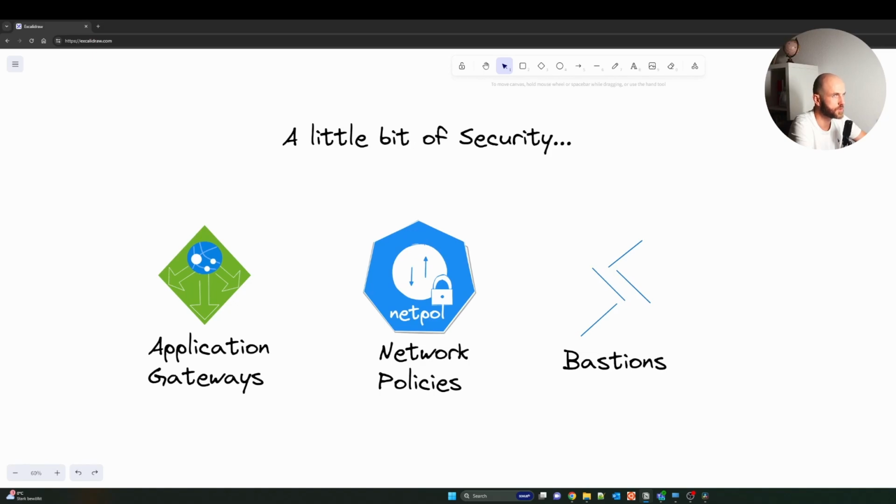It will allow the gateway to load balance traffic to the Kubernetes pods based on URL routing. It can also manage TLS termination and end-to-end TLS. It works with public, private, and hybrid websites, and it also integrates a web application firewall. So it's a great tool to improve your security and performance on your AKS clusters.